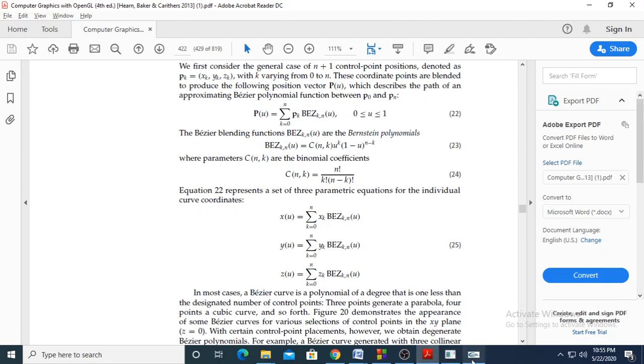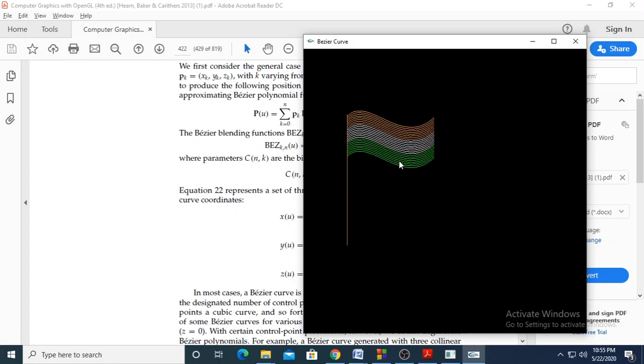Assume that in this output, one curve is drawn with 20 points. In the lab we have actually given 20 points. So this is the first point and this is the last point. And in between, how many points are there? That is 20 points. And for each point, the direction keeps on changing. The direction will be calculated based on the 4 control points.